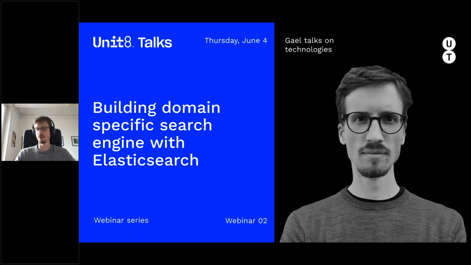This is as opposed to an all-purpose search engine like Google, indexing the whole web, or maybe some enterprise search tools that would index all the documents of a company. Here, in a domain-specific search engine, we have a bit more context about what people are looking for, and we can use that to tailor the search engine. And that's what we will go through today.